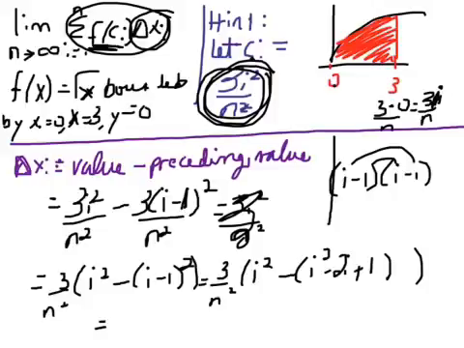Okay, so let me try to squish this in here, then I'll go to a new page. This would be 3 over n squared times i squared minus, got to put the subtraction sign with that,